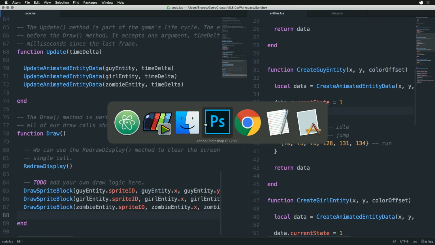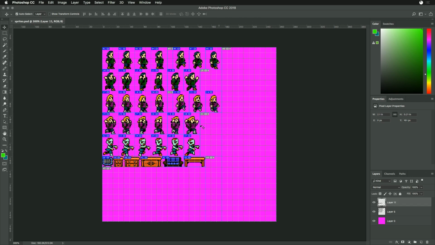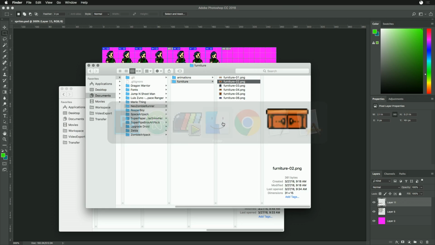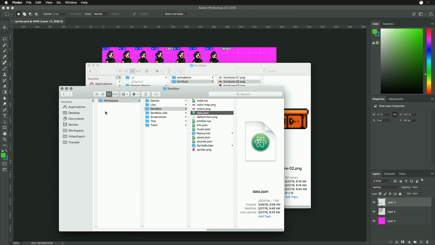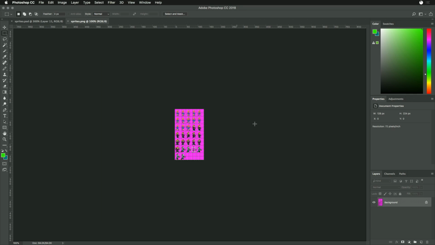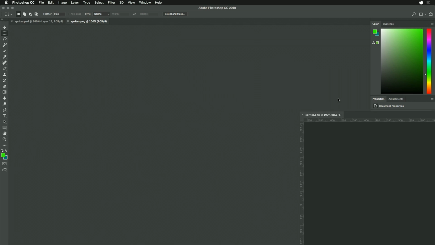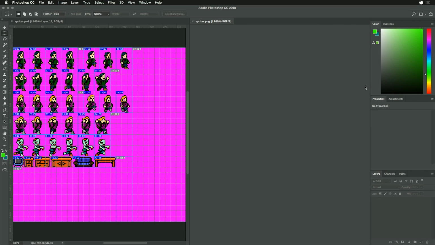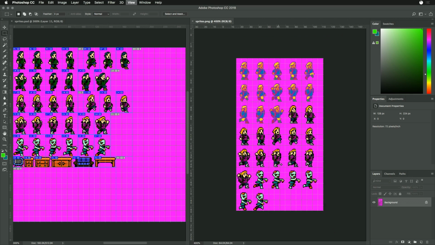So what I want to do is go in and update this to do palette swapping. And that's what we had set up yesterday. So we're going to take a look at the actual sprites that we built yesterday, and we're going to look at the difference between them and what we were using currently. So what you're going to see here is